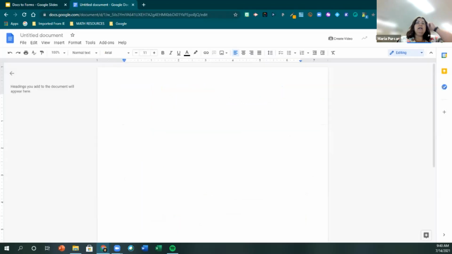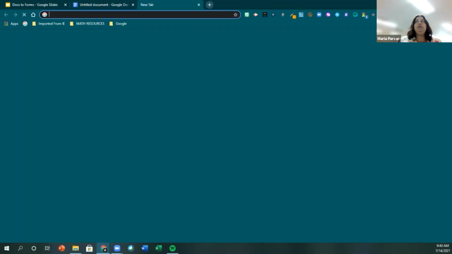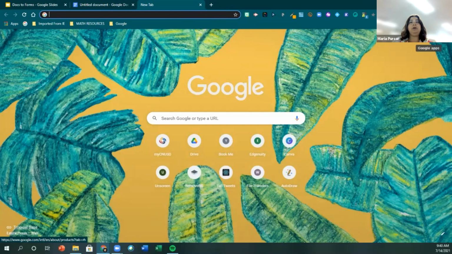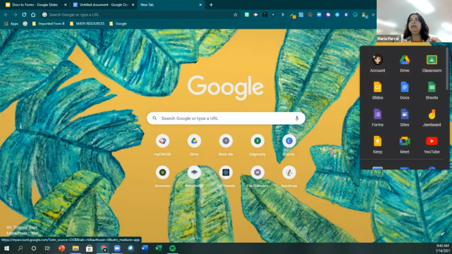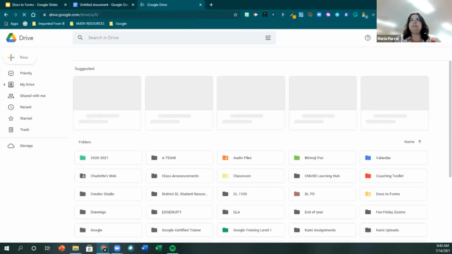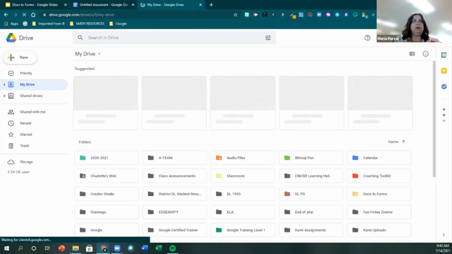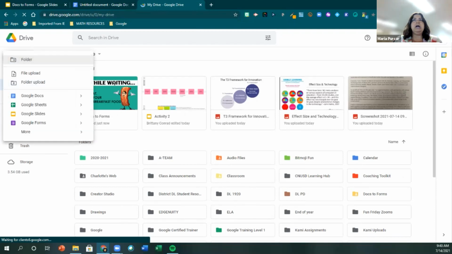All right, so the next piece of information is to make sure whatever you're going to use gets uploaded to your Google Drive. So if it's a digital resource, then you click on Google Drive, and you can go up here in the top left corner for new, and then you can upload a whole entire file you already have saved on your computer, or a folder with a bunch of files in it, and then you would have it here in